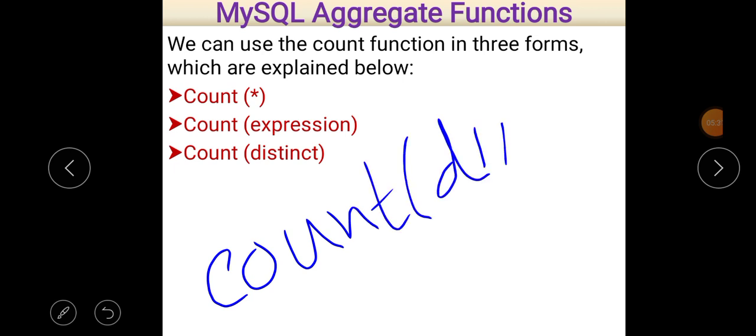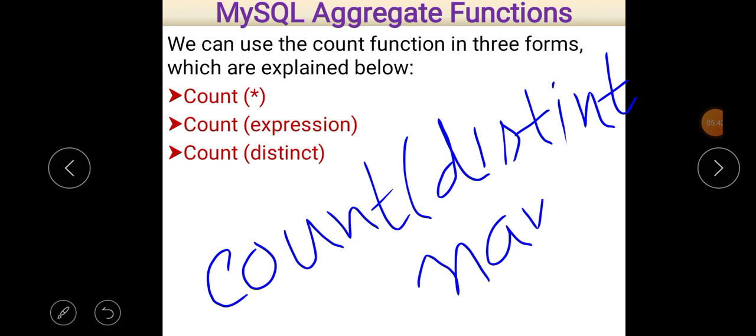Suppose I want to count the number of students in our class without any repetition, then I write count distinct and after that name, where name is the name of the column.